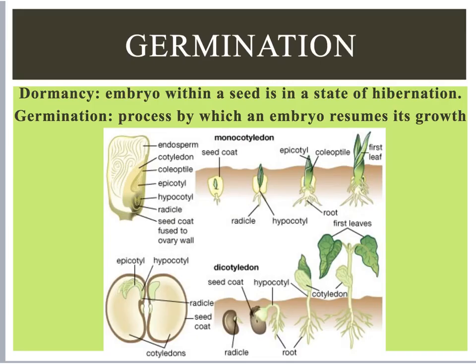On page 5 of your notes, you see that there are 3 boxes for dormancy, germination, and meristems. Here you'll be able to complete the boxes on dormancy and germination. So dormancy, if you would just write underneath that word, hibernation. This is a state of hibernation of the seed. This is when the seed is not actively growing, it's just a seed, but it still has the potential for life. Germination is when that embryo or that seed starts to grow and actually becomes